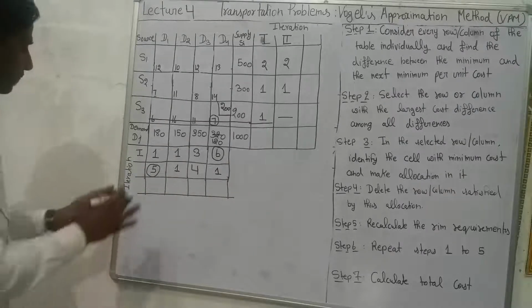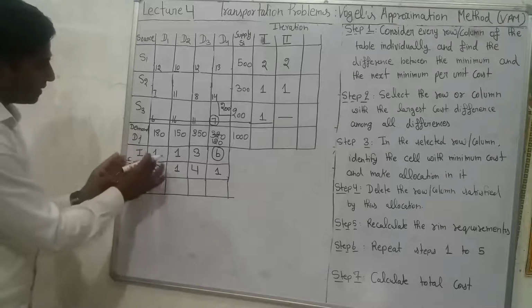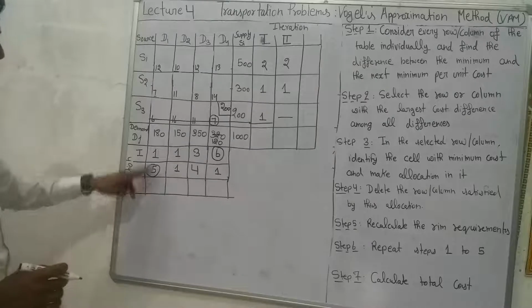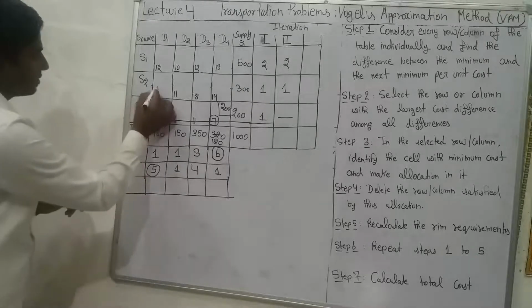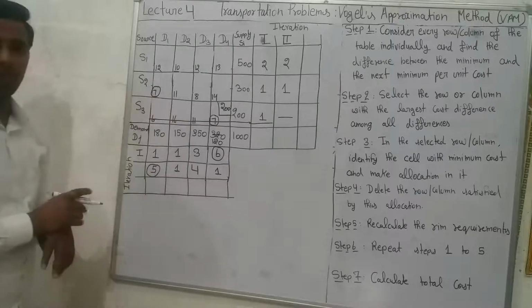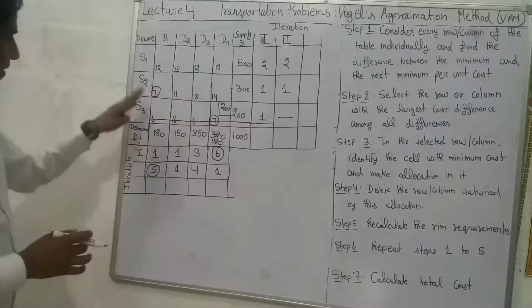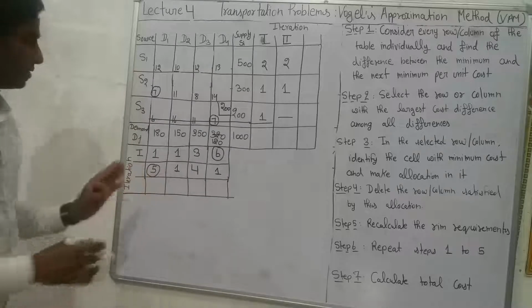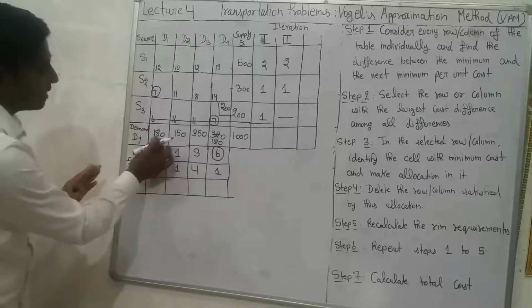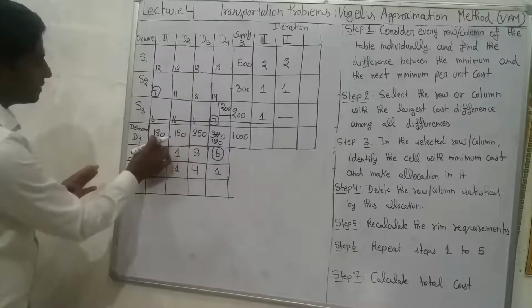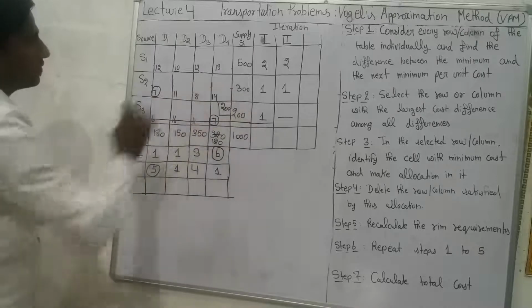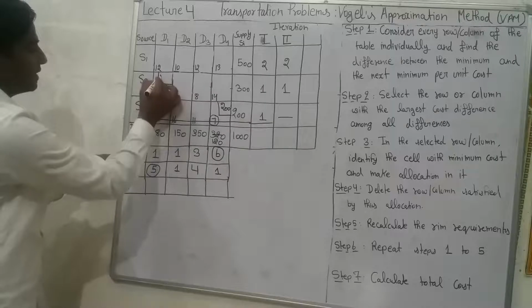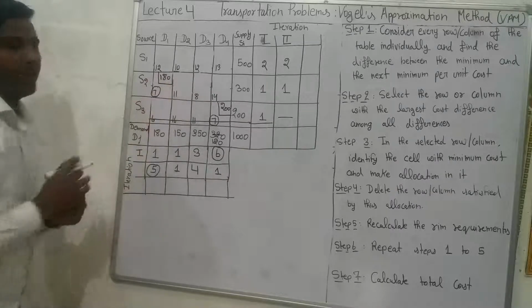Again, what we have to do? We have to select the minimum cost in this column. So in front of 5, the minimum cost is 7. Repeating the step, in this cell we are going to assign the units. Simply match demand and supply requirements. Supply is 180 units and demand is 300 units. So you allocate the lower value, that is 180 units.